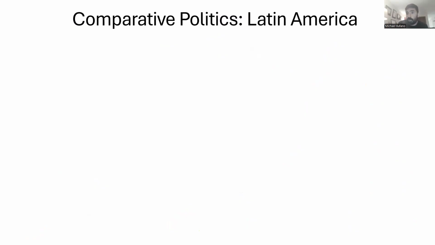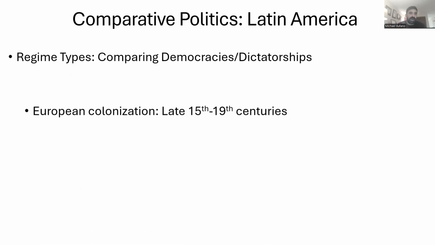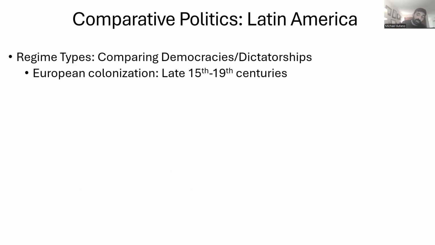which makes it important for comparative political scientists to want to understand, for example, why some countries are democracies and others are dictatorships. So we're going to be spending a lot of this class comparing what we call regimes. Now, a regime is the rules of the game that determine who gets into power and why. Latin America has a history of having monarchies, personalistic dictatorships, military dictatorships, single party regimes, electoral authoritarian regimes, and democracies. So we're going to be talking about these different types of regimes, why they emerged, when they emerged, and why there's variation across time and space.